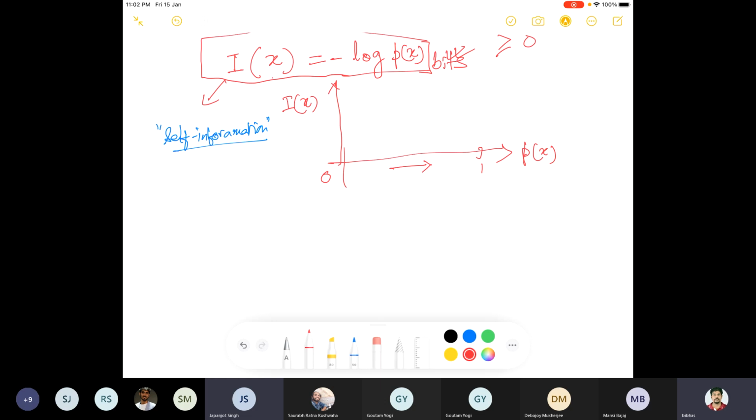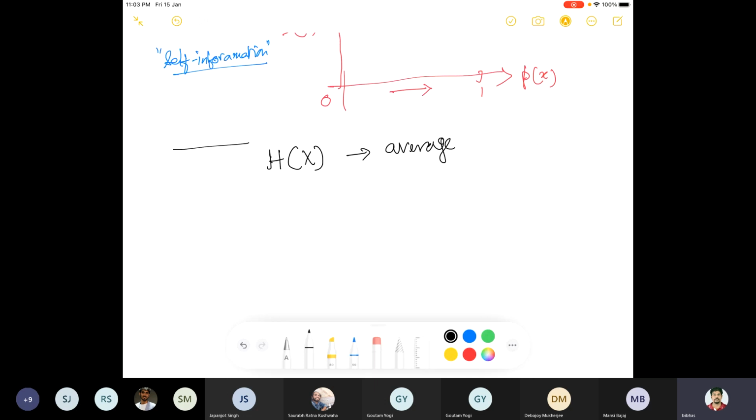I am confused about your question. Let me first try to explain what I understood by whatever you said. We said entropy about some x, some random variable, and we talked about that this is average. We'll explore a different way also. People have tried to explain it in so many different ways. But anyway, let us say that this is average self-information.